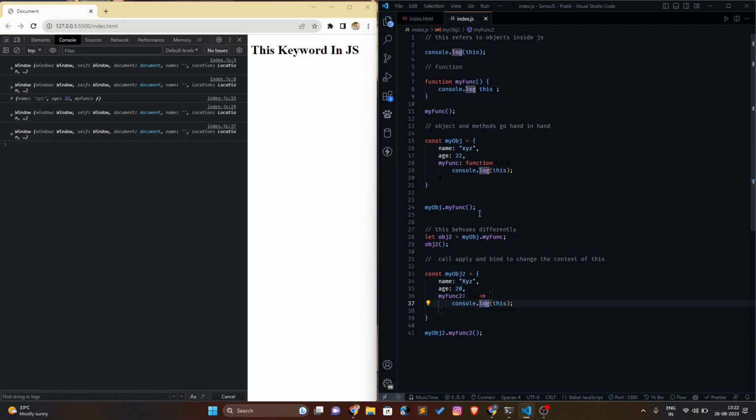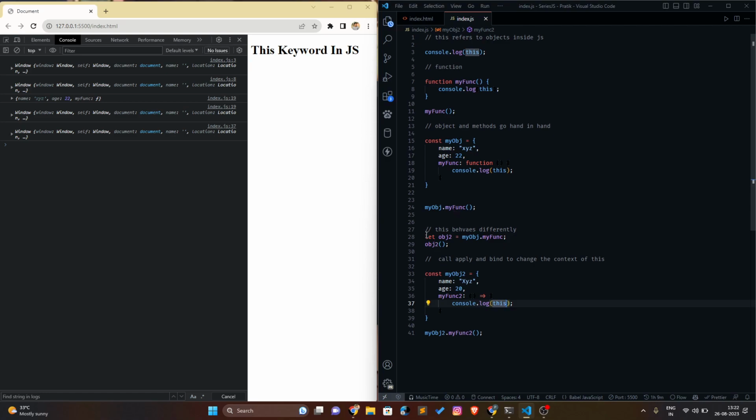And here, when we are using functions, the function has its context inside the my object and has its own execution context. That is why it refers to the my object. But here, since the arrow function does not have its own execution context, that is why it refers to the scope that it is being called in. And to verify